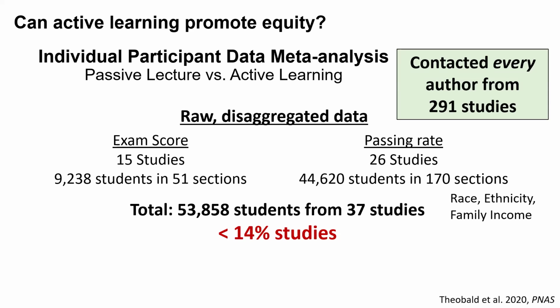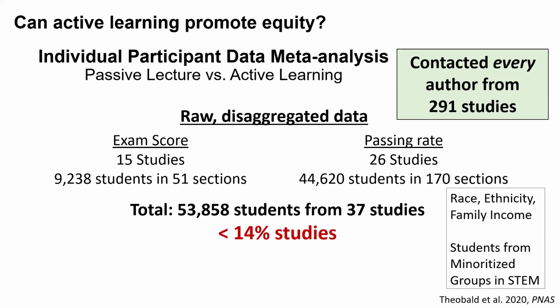So despite feeling comfortable with the overall sample size, we did something that I feel a little bit uncomfortable with. Because these different studies disaggregated by slightly different metrics, whether it's race or ethnicity or family income, we ended up combining students into a group that we called students who are minoritized in STEM. And this is a problem. Statistically, there's precedent for this in the literature, and there are some ways that this makes sense. But it also erases some really important variation about the student experience in our classes.